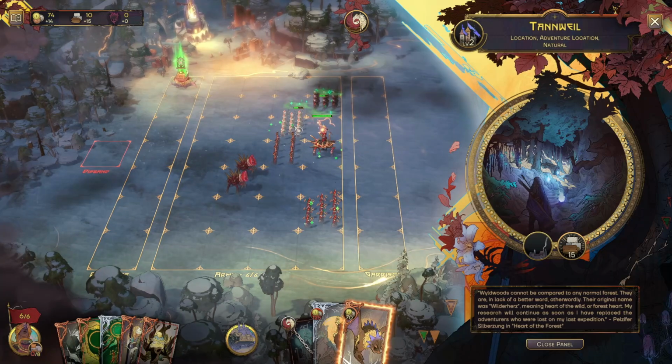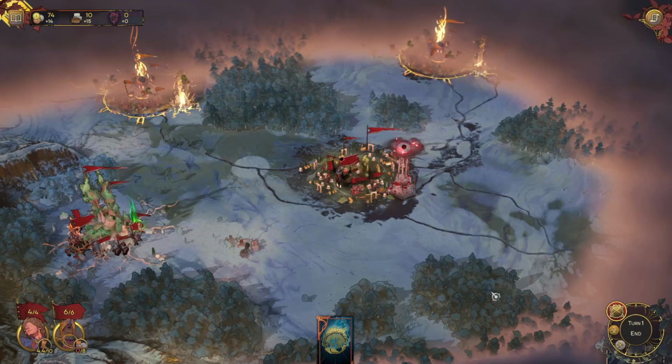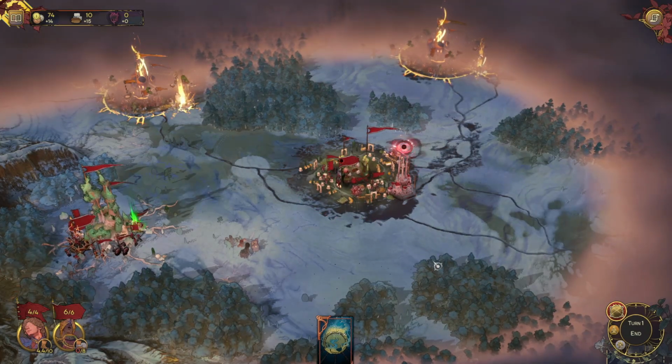So all of our Believers, our true Believers, have gained extra power. So that's a fairly hefty turn 1. I'm going to call the turn there. I'm not going to do anything with the Acolyte,